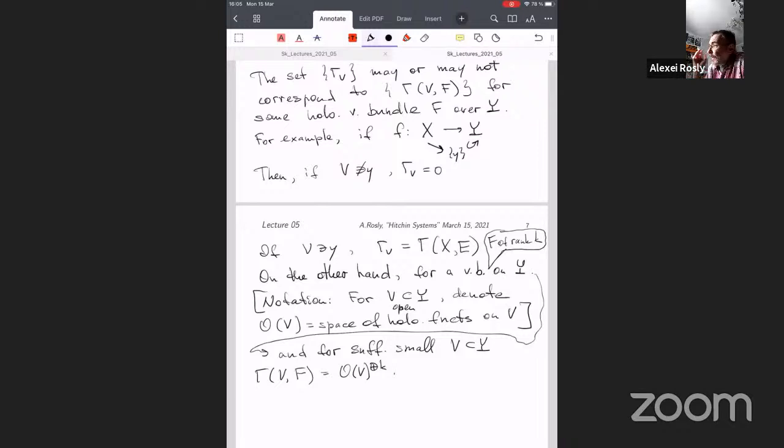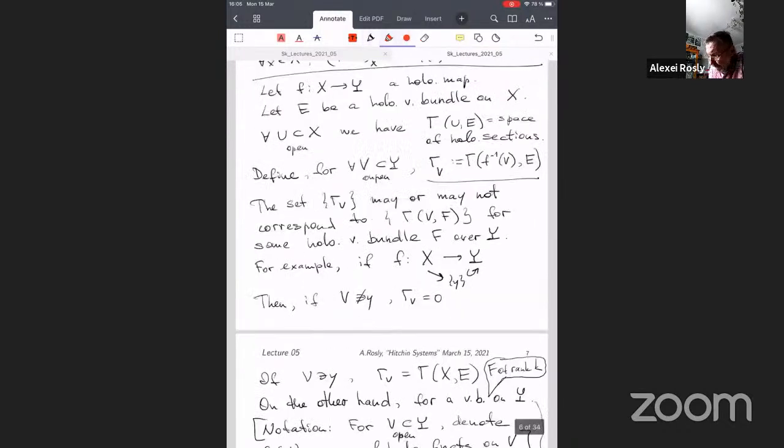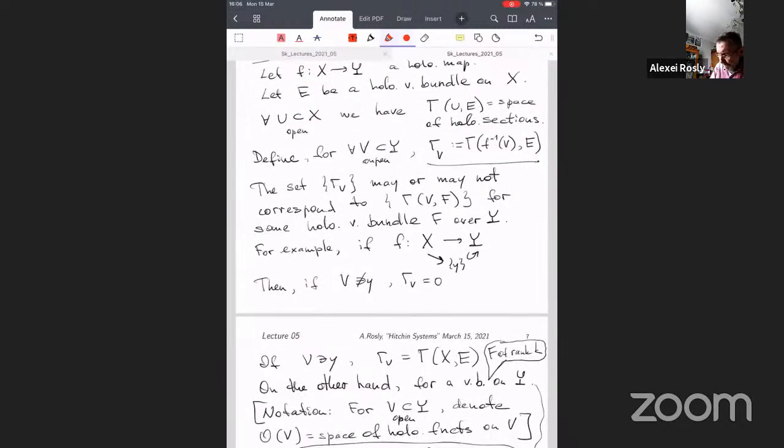In fact, if we used the notion of a sheaf, then for any map from X to Y, and for any bundle E, we would obtain something on Y, which we would call a sheaf. But since we are not interested in sheaves, we simply say that in some situations we can construct something good, and in some situations we cannot. So what will be the moral?